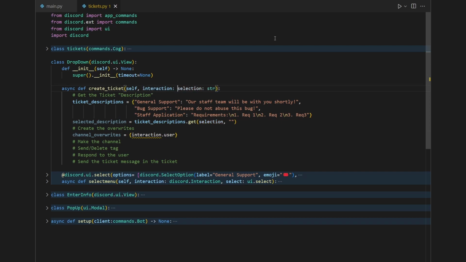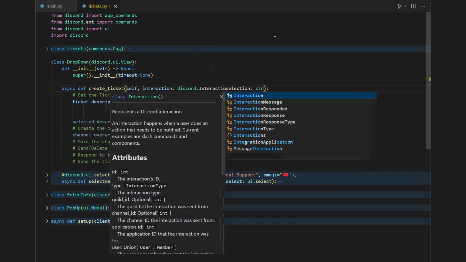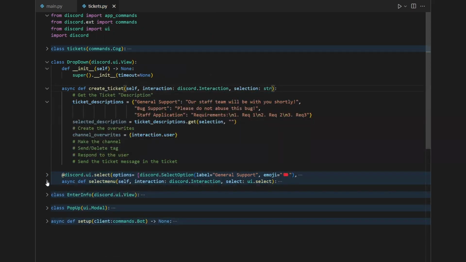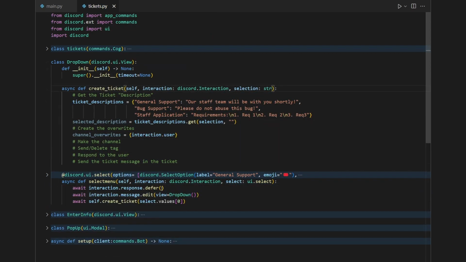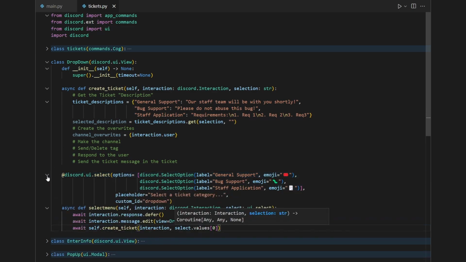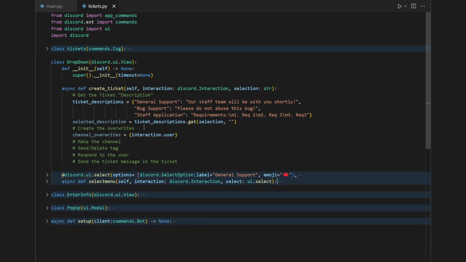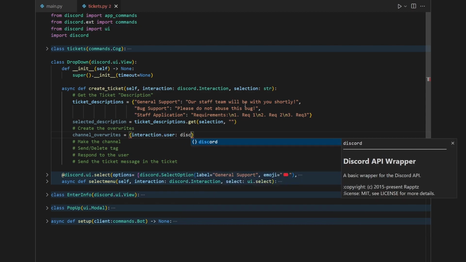We'll just take interaction as discord.Interaction, and then back down here in the callback from the dropdown, we'll pass in interaction, just so we can use some methods from the interaction class. Oopsies, I keep doing that. Okay, so now we can assign the interaction.user, which just represents the user that pressed the select menu. We can assign them to a